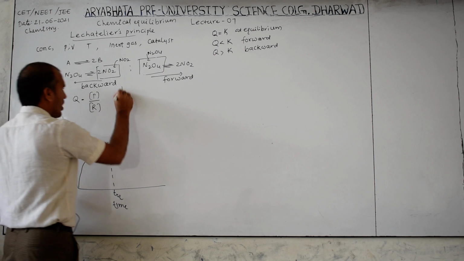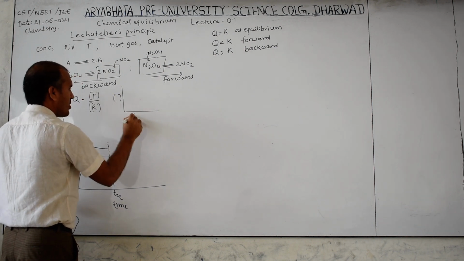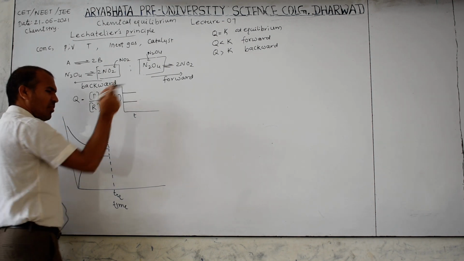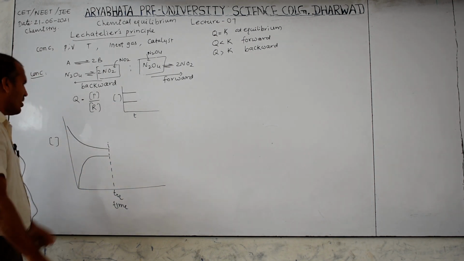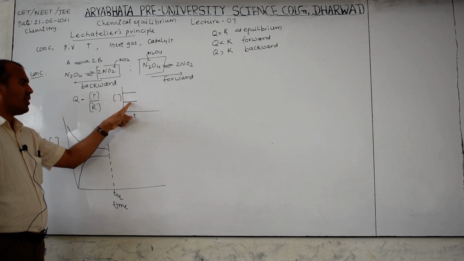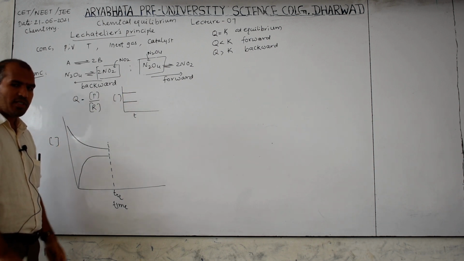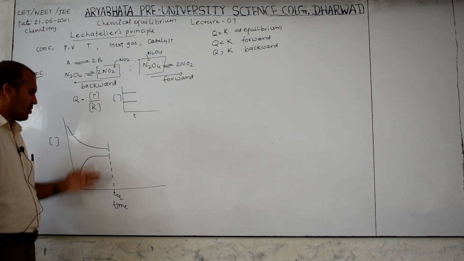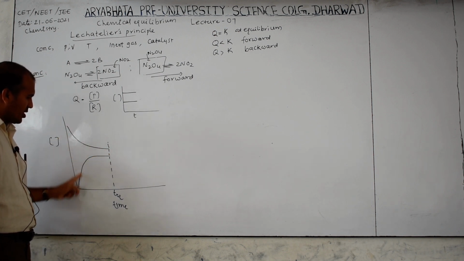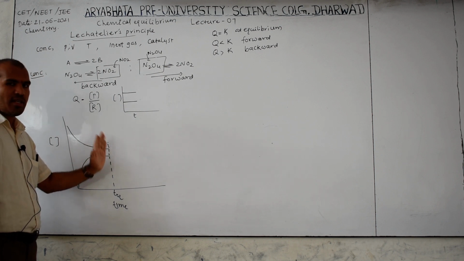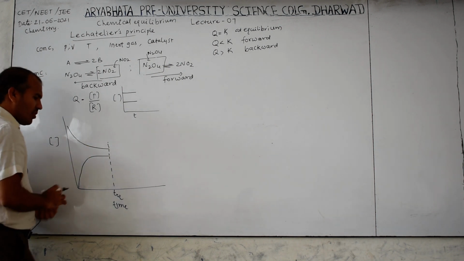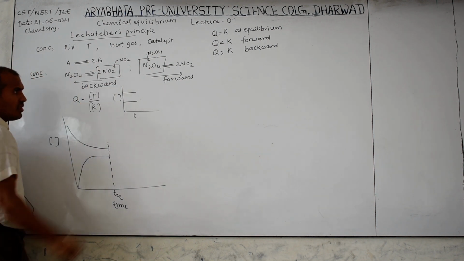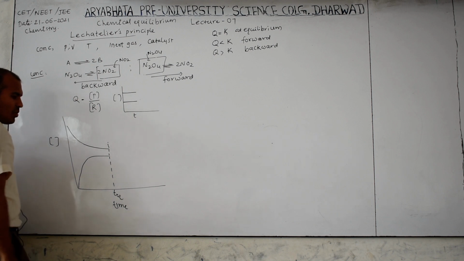How? Keep in mind like this. This is concentration, this is the time. This is N2O4. In the previous class, if you observed a little bit, I gave this. So this is N2O4 reactant, this NO2, already at equilibrium. What is equilibrium? The concentration of reactant and product do not change with time. So here no change. Here change is there, here change is there. But here it is constant. Therefore, this is at equilibrium. This is the old equilibrium.